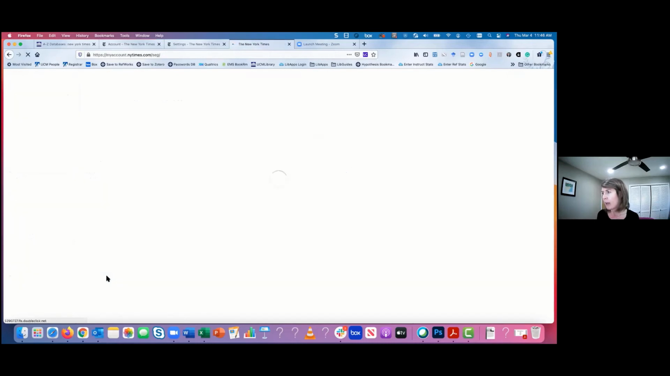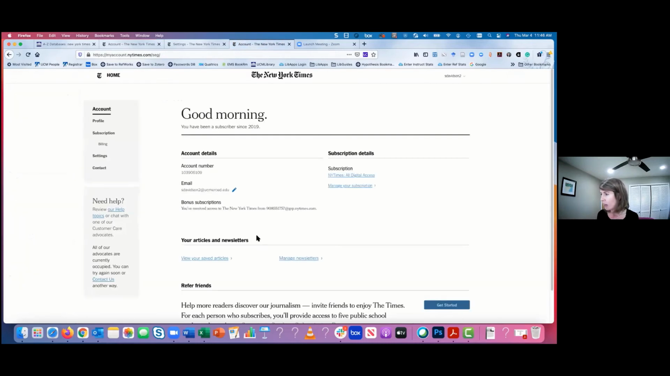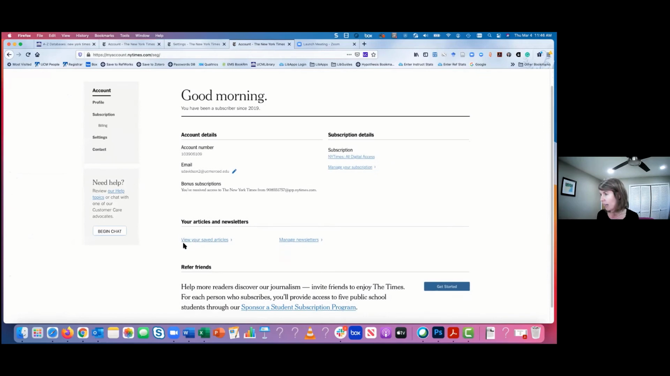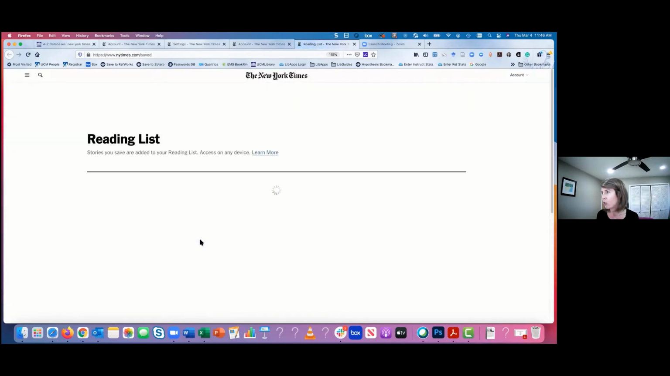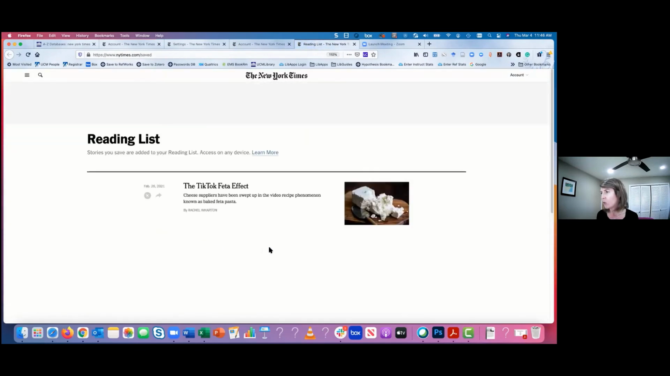Also, under the manage account, you may have noticed that it had an option for view your saved articles. So I'll show you how you can do that, but you can add things to a reading list that's kept here in the New York Times. I know personally, I tend to just bookmark things on my browser, but you could certainly add them to your reading list in the New York Times. So let me go back and just